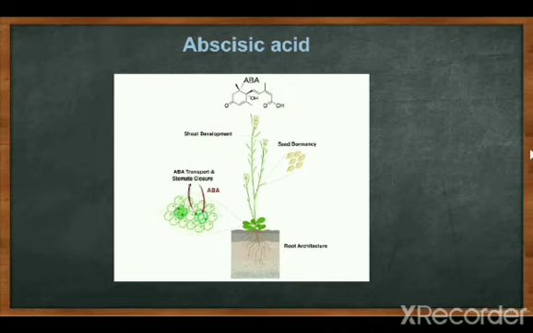Okay. Abscisic acid is a growth regulator found widespread in plants. It is a growth inhibitor, also called stress hormone or dormancy hormone. In some plants it is a growth regulator, but in most plants it is a growth inhibitor. It also helps to induce dormancy of the seeds. It also causes aging of the leaves, meaning it is responsible for the aging of the leaf.